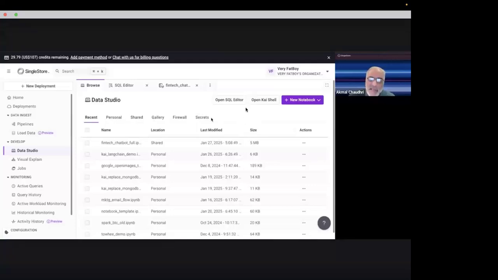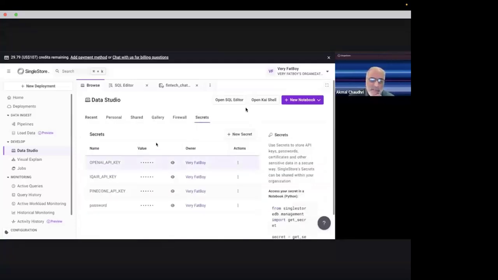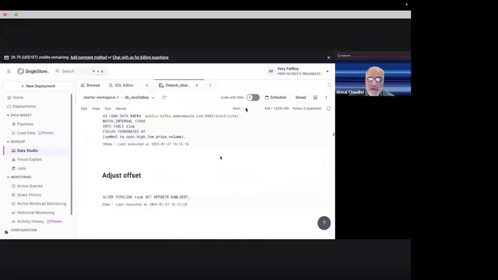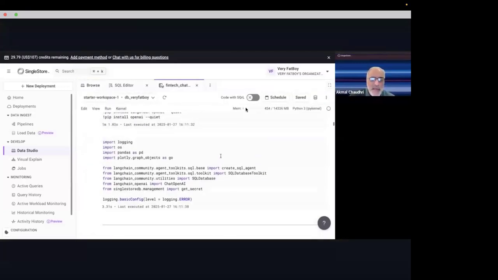In secrets, this is a great way to store the key, and I've done that already. The value is hidden, and I can edit or change it if I want to. That's very handy, especially if you're demoing things, because it doesn't reveal the key. It will simply pick it up from here and utilize it.